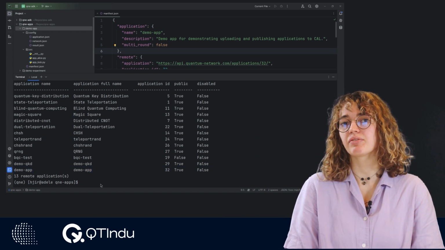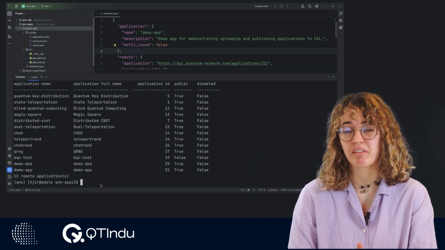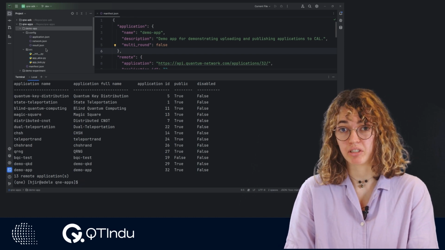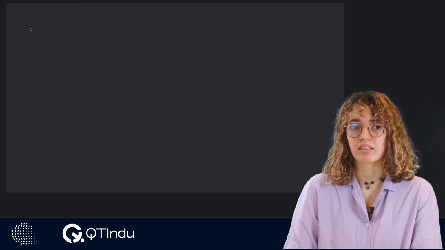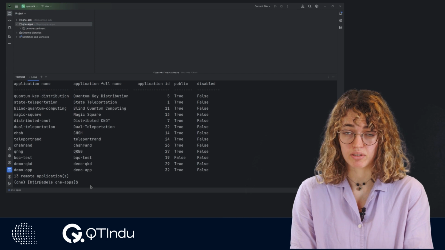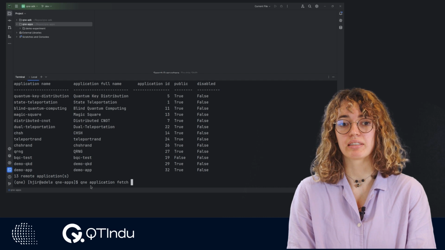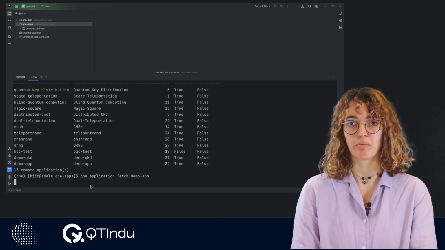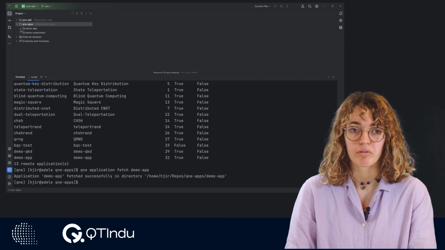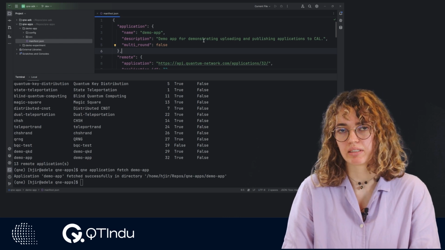Now, we successfully published an application, but what if you want to modify something? Either you can modify the files that you have locally on your computer and go again through the loop of uploading and publishing an application. But in case you happen to delete the local folder, you can also use the fetch command to simply retrieve all the necessary files again. So we want to fetch the demo app. Note that you can only do this as the author of the application. We can see that the demo app appears again, and we can double check that the description is the same that we uploaded.